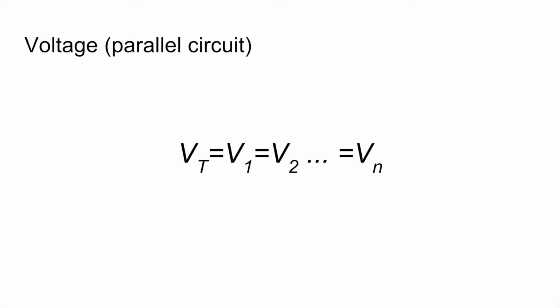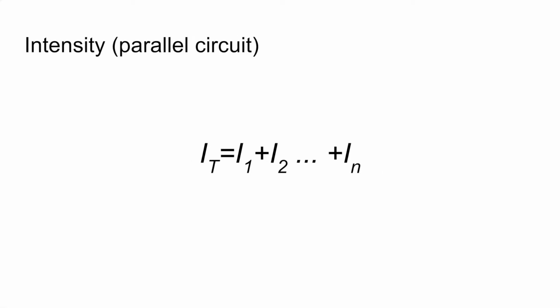These formulas, but for parallel circuits, are a little more complicated. For voltage, we have total voltage equals voltage 1 equals voltage 2, all the way. In other terms, the total voltage of a parallel circuit is the same as the voltage at all points of the circuit. For intensity, we have the total intensity equals the first plus the second for all the terms you have. In simpler terms, the total intensity of a parallel circuit is the sum of the intensities of each of